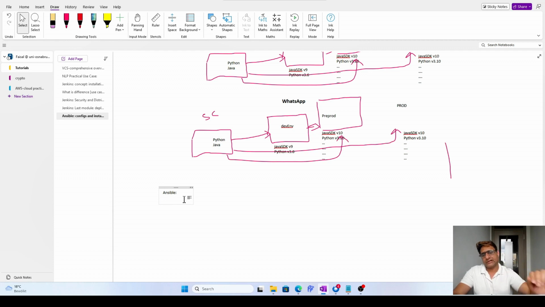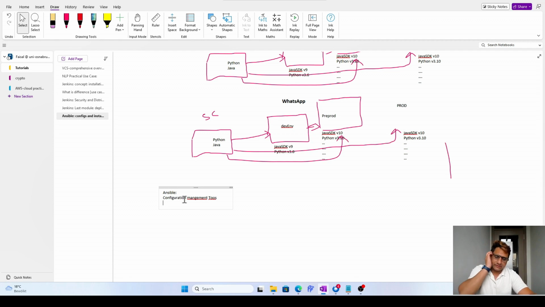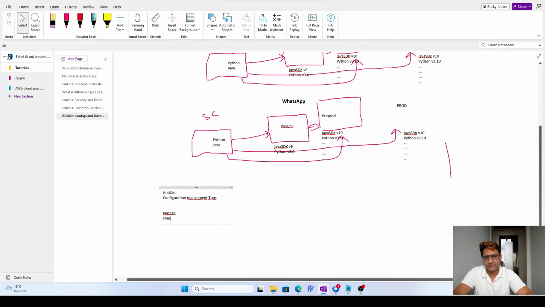And Ansible is a configuration management tool. So all this stuff,